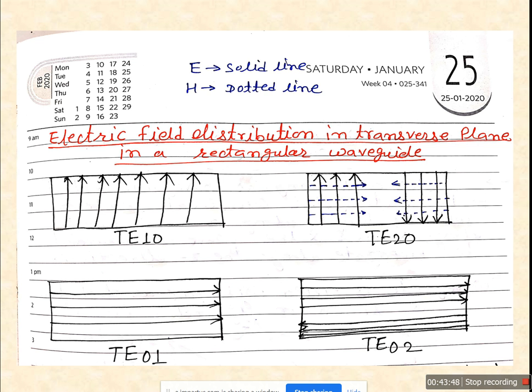Simply, if TE10 is there, 1 represents the x side, where the variation is in x, and you view it in the y direction to see the difference. This is the side view. In TE10, there is variation only on one side. TE20 means the variation: one portion goes up, the next goes down. That means equal distribution there. And dotted shows the H magnetic field. Here you can see the magnetic field going like this, here it goes down, that is this side. Simply you can represent it like this.